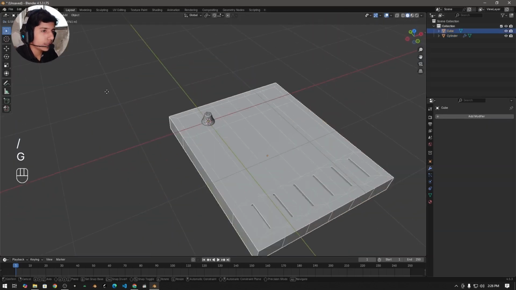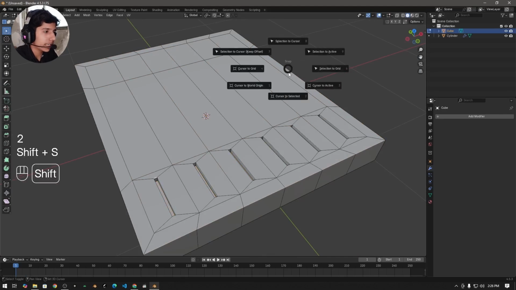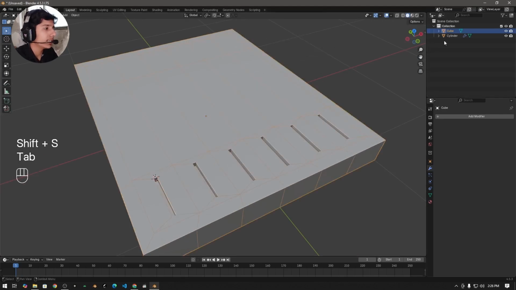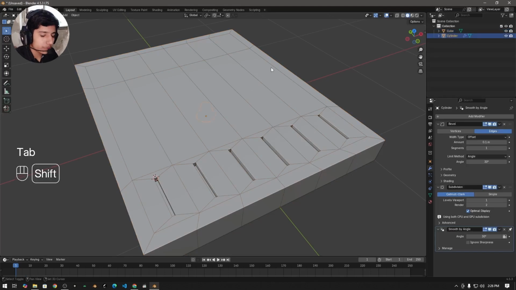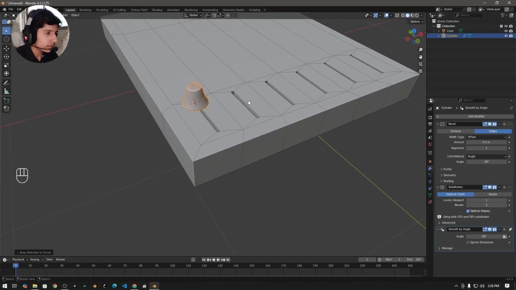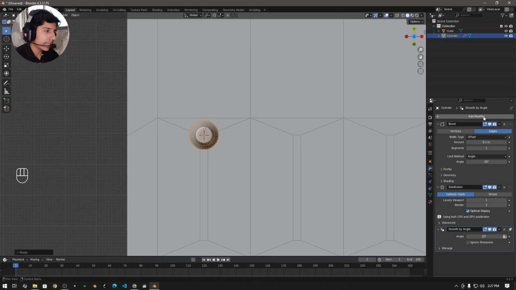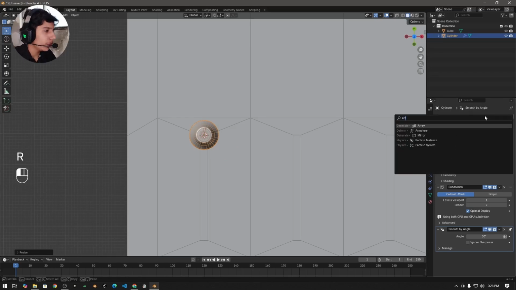Then select this object, go into edit mode, select this edge, press shift plus S on your keyboard and click on cursor to select it. Then select the cylinder, press shift plus S on your keyboard and click on selection to cursor. Now scale it down. Then again come to the modifiers tab, add an array modifier,